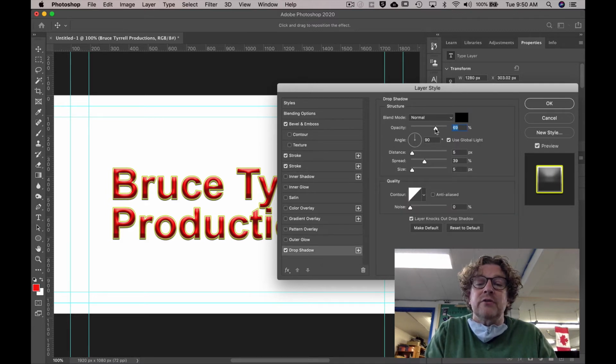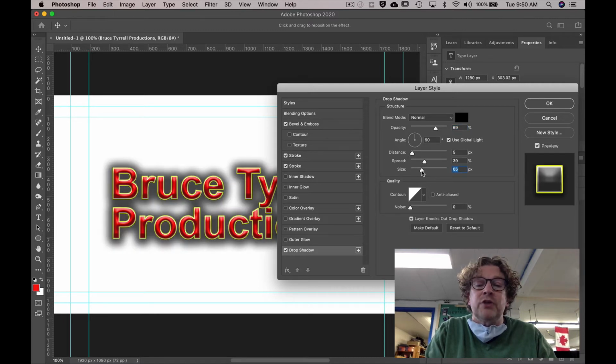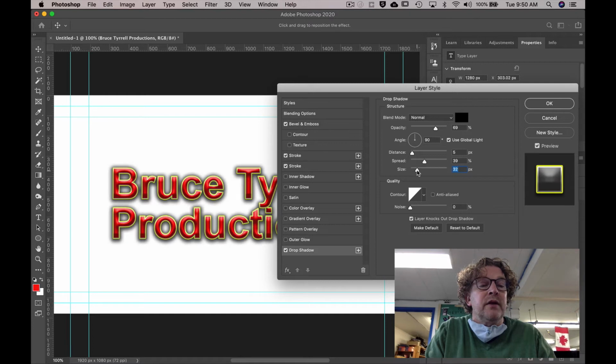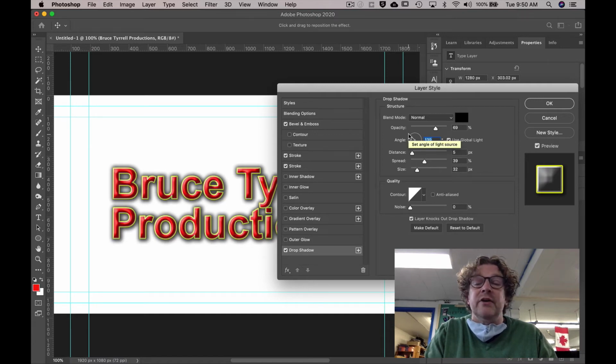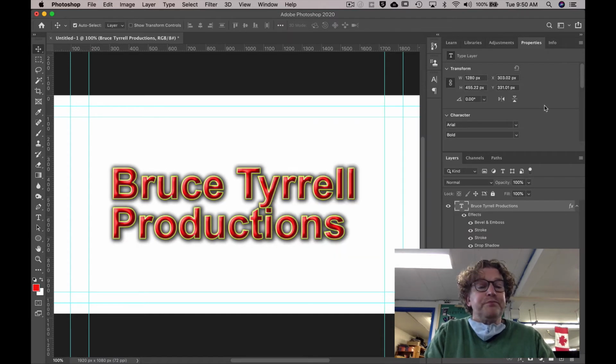I love drop shadows actually. So I'm going to increase the size of this drop shadow. Put that in there, and maybe I'll put it on a bit of an angle. So I put it around here to like that. There you go. Okay, so now I've got this the way that I like for my logo, but in order